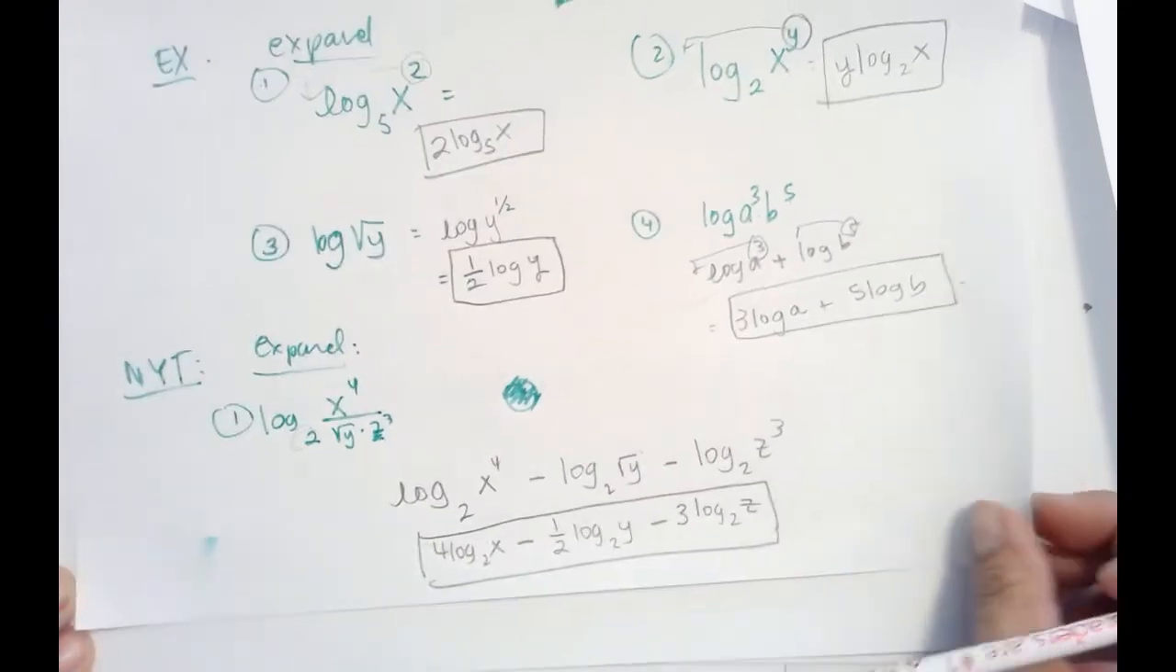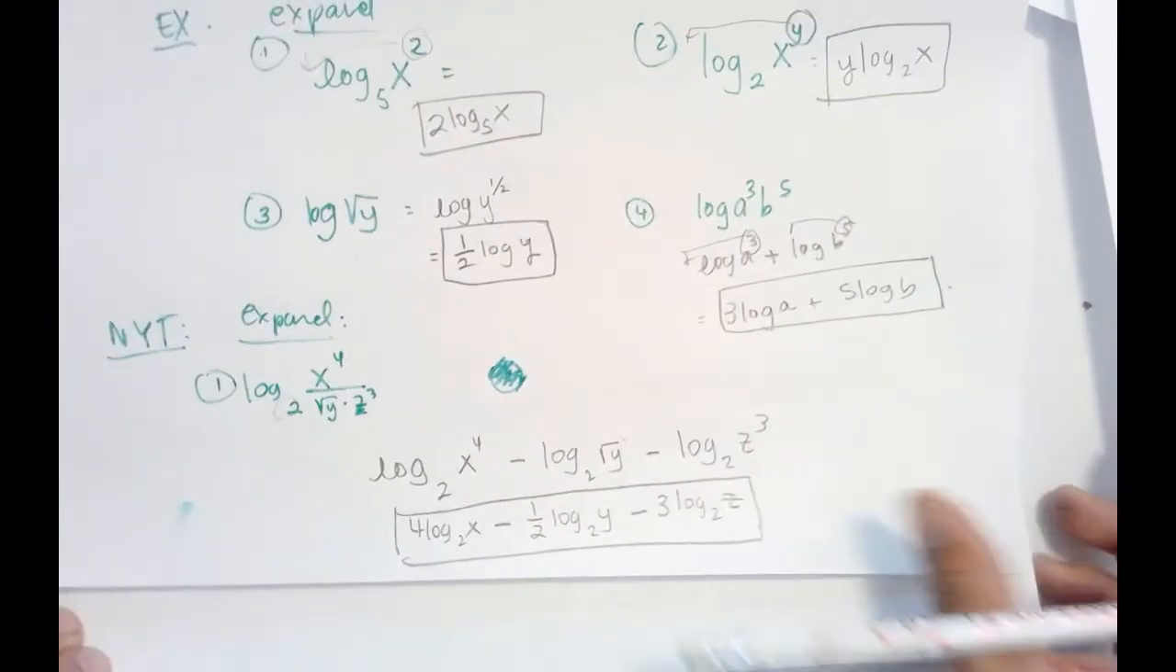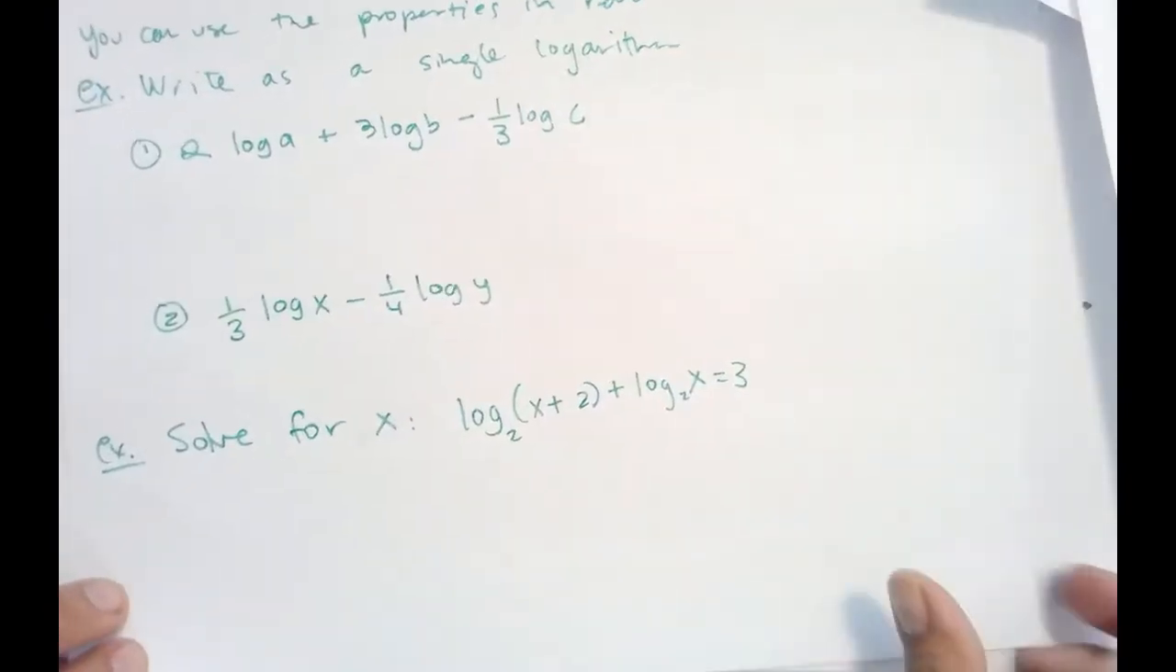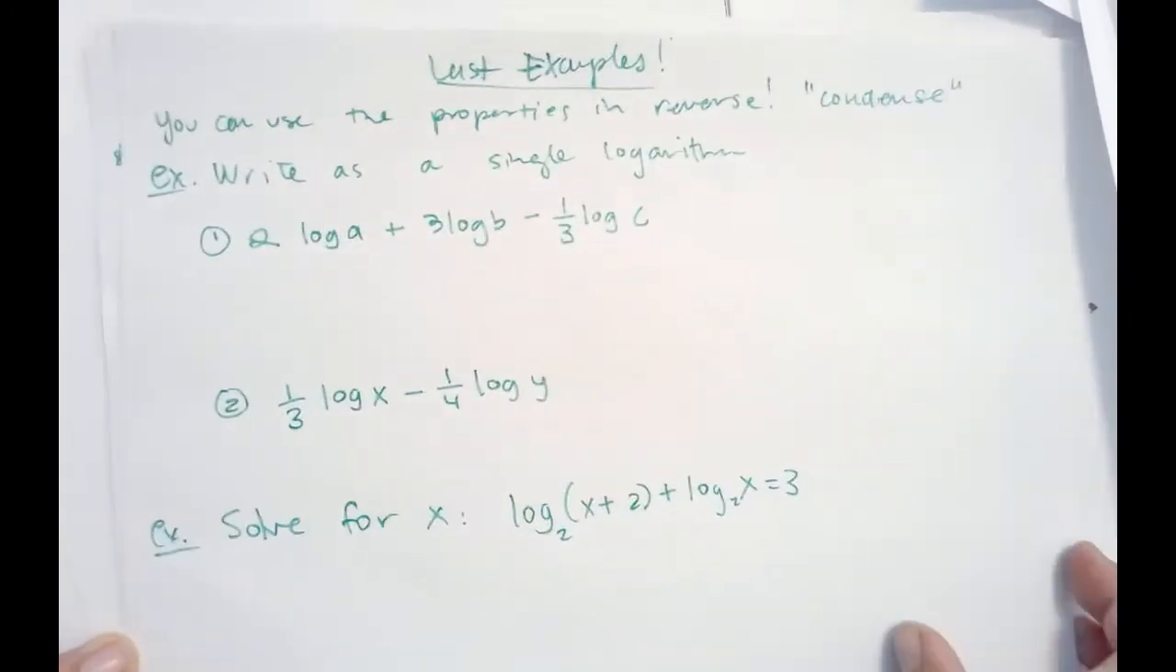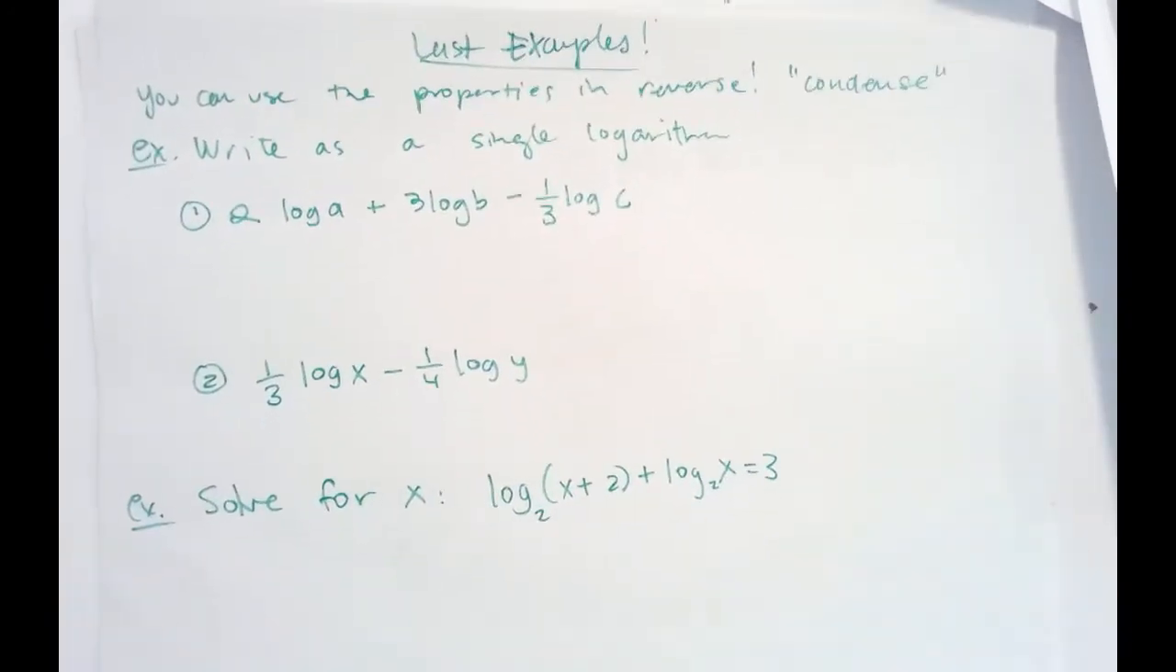All right, we're almost done, guys. Okay, last few examples. Well, I have like 3 more slides for you. You can use the properties in reverse, okay? When you use the properties in reverse, let's say you have a sum or a